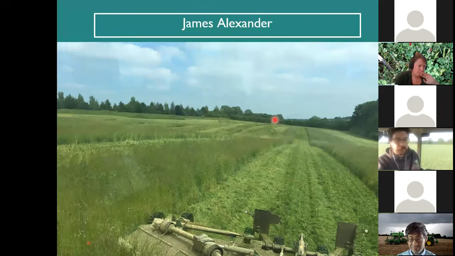We have tried crimping and direct drilling behind. It works. You've got to get your cover crop right in front of the crimper to have all the species that you can kill. Also, I think there's a bit of a myth about crimping that you have to have hot, dry weather like they have in the States and South America where crimping is used a lot. We found actually, I don't think the weather has as much to do with it as you think. It does help. But it's the species you're growing and the timing of crimping that's the key. And it's getting those species to the right timing to the point where you also want to plant the next crop, which is what we're struggling with, really.